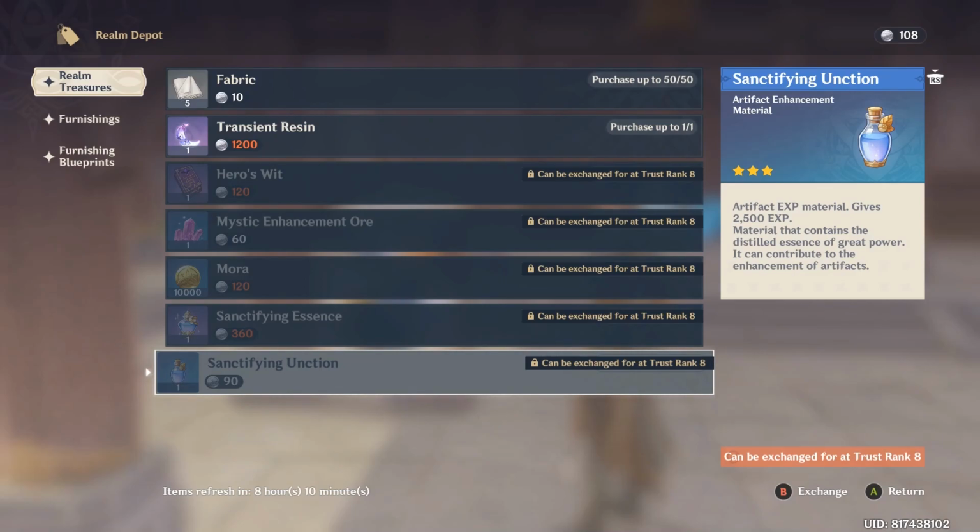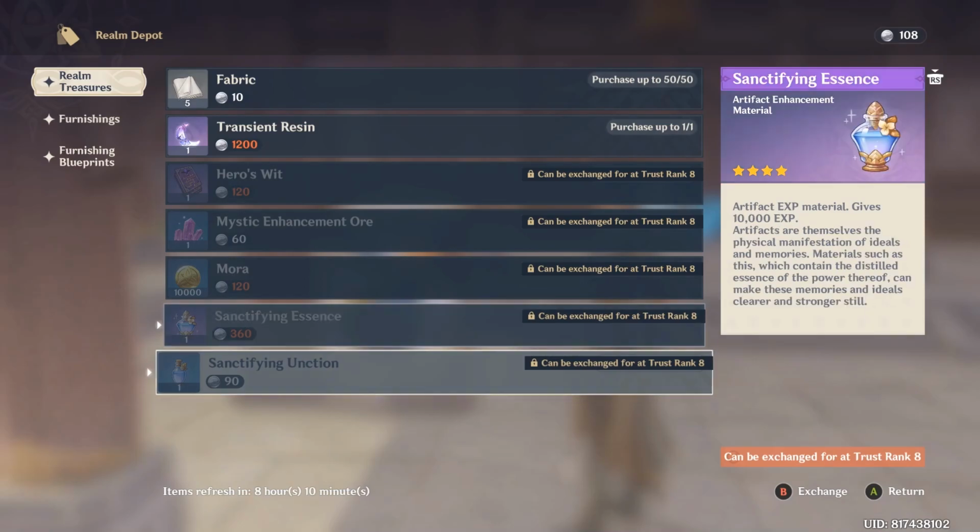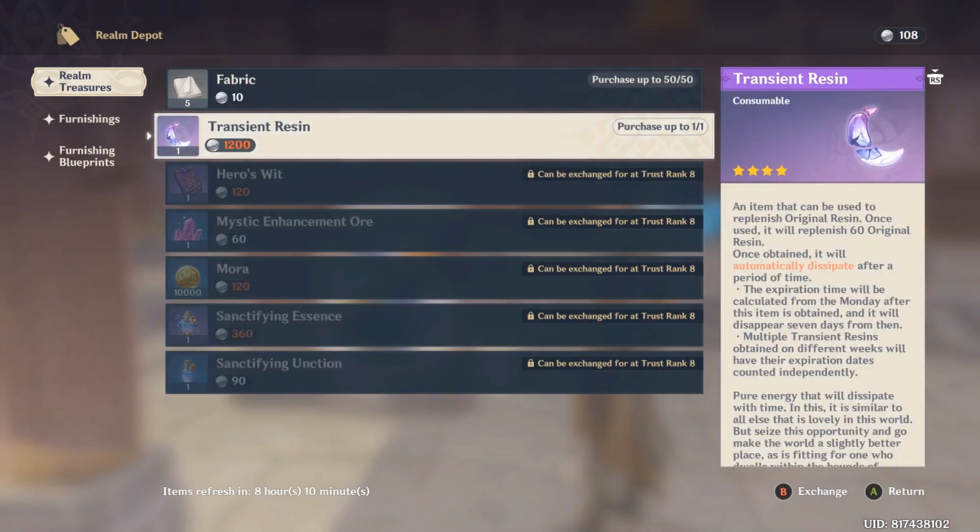You will lag behind other people by 3 weeks per rank. Okay, so Transient Resin itself sounds good, 60 resin, but you can only get 1. It costs 1200. So it is really up to the player to decide how you want to utilize your